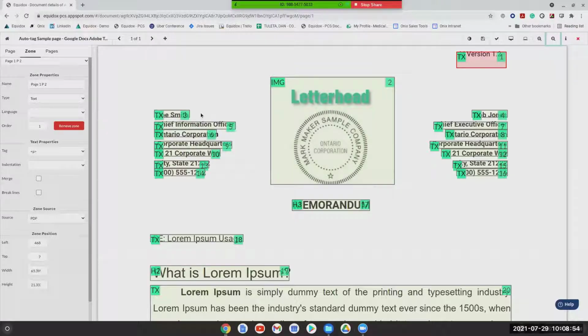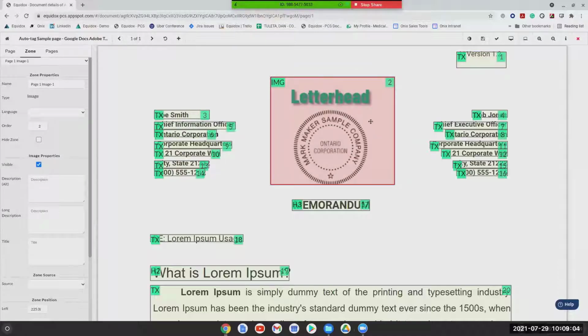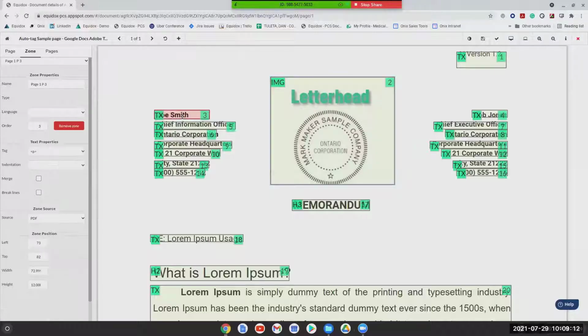So for example, if this document is read by a screen reader, the first element that's going to be read on the page is this up here in the upper margin. Then you'll have the image read next because of the height of the image itself. It will be found next in the reading order. But then you're going to move over here to the left-hand column, so the letterhead here for this Joe Smith person, and then it is going to jump across here to the right-hand side of the page and read this other person's name, Bob Jones.